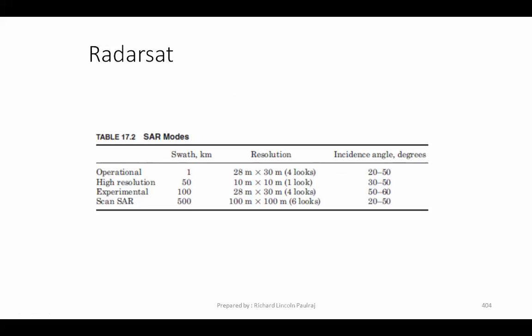So here you can have a look at length by width, L by W, and this is 28 by 30, 10 by 10, 100 by 100, and the angle at which the spot beams occur is 20 to 30, 20 to 50. So we can take probably about 30 to 35 as our midpoint, and 20 to 50, as I mentioned, 35. So all these modes you can probably put up in your scripts when a question is asked with regards to Radarsat.